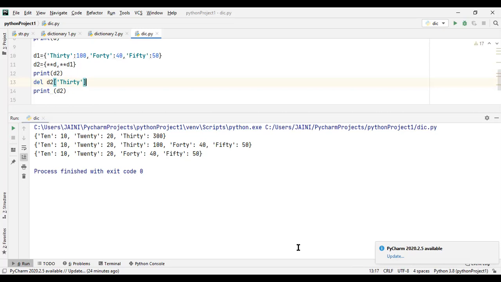So to get the length of the dictionary, we use the length function, len. To access items or keys or values in the dictionary, there are many methods that we can use: get, items, keys and values. These we are going to explore in the next class.